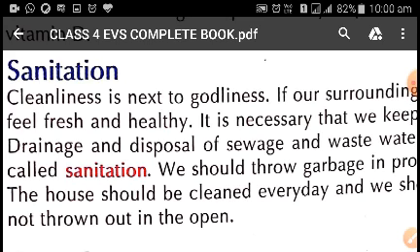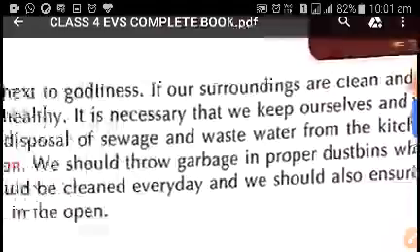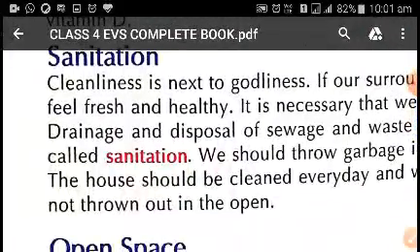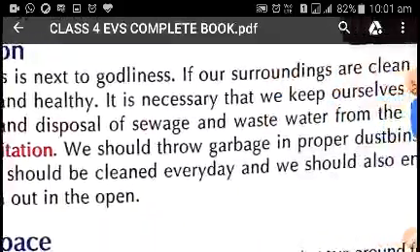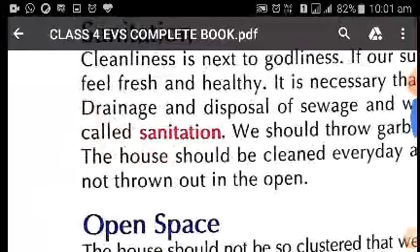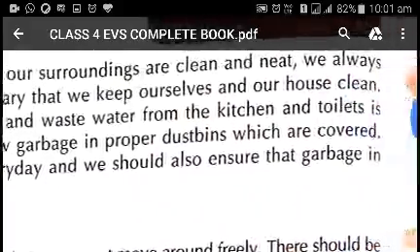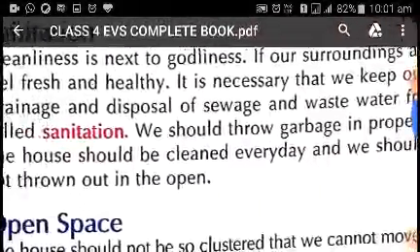So children, if our surroundings and house are kept clean and neat, we always feel fresh and healthy. It is necessary that we keep ourselves and our house clean. Drainage and disposal of sewage and wastewater from the kitchen and toilet is called sanitation.